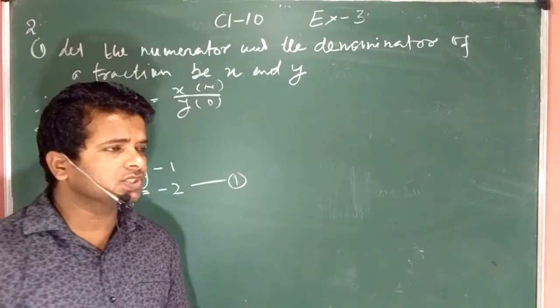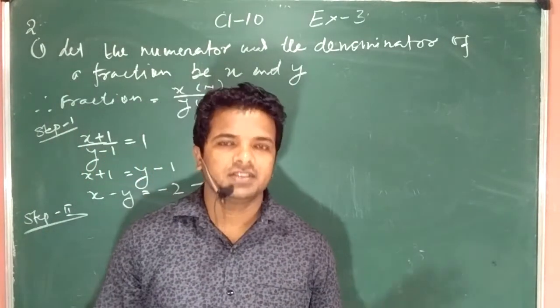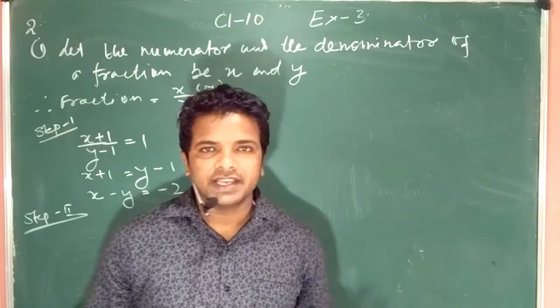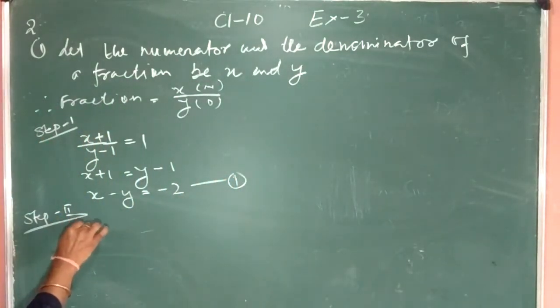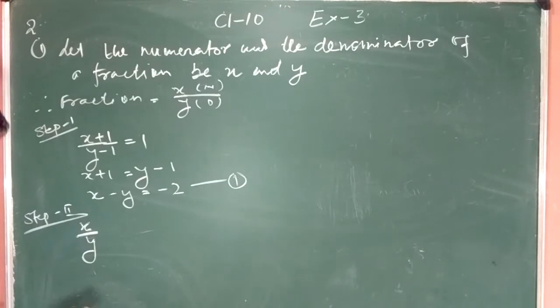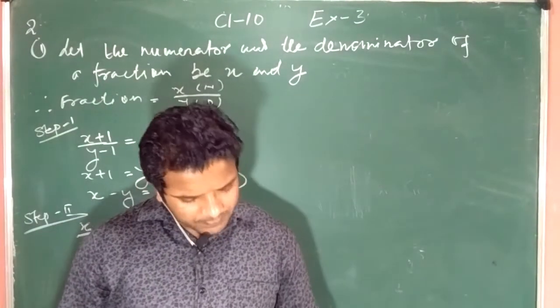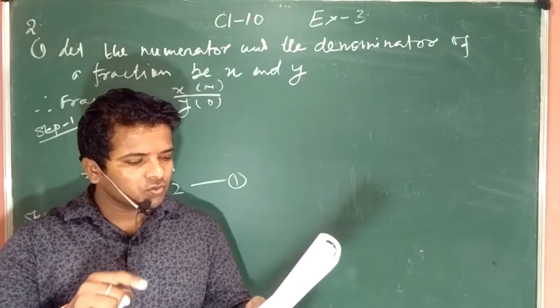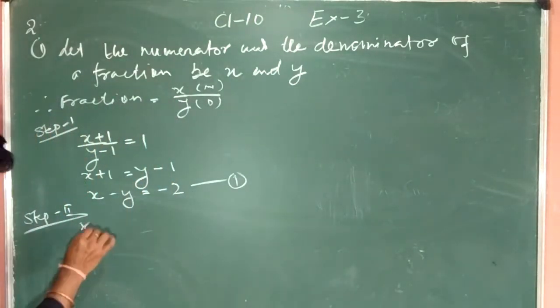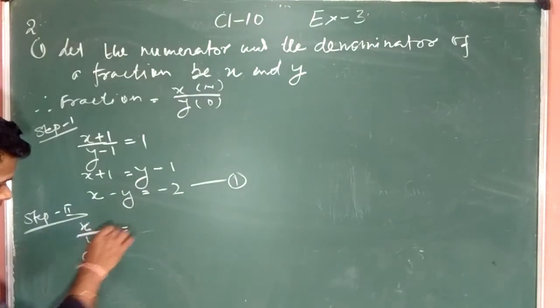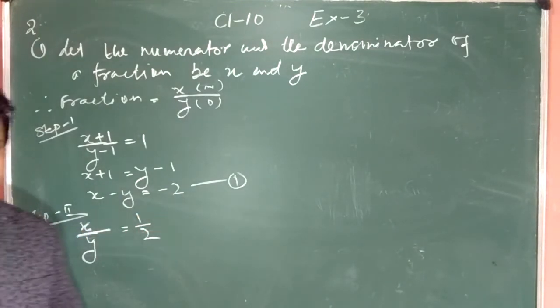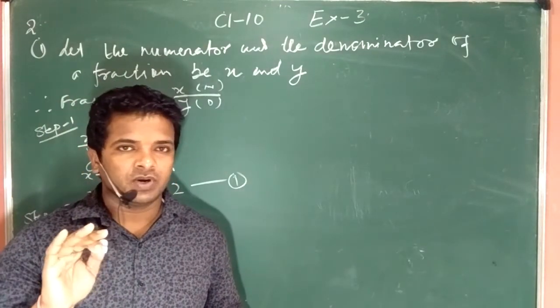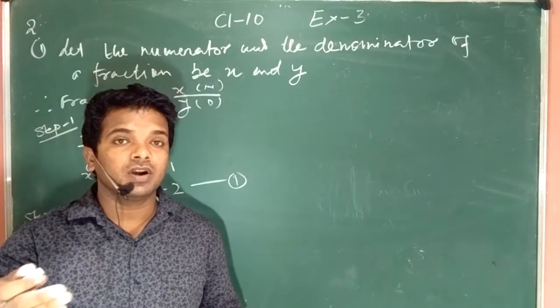Second equation. Before we start, we don't know anything. We just know our fraction is x by y. That's all. Now, what is going to happen with x and y? Let us see the solution. Okay. Second part, what happens? Second part says that it becomes 1 by 2. Alright. We have x by y, and it is to become 1 by 2. Our fraction is x by y, but it becomes 1 by 2. When?